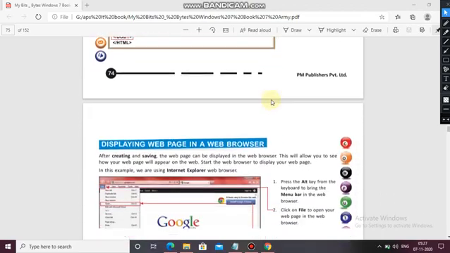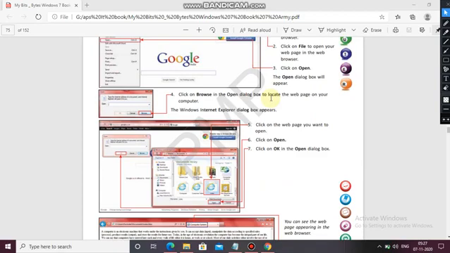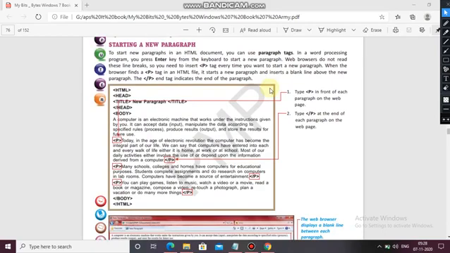Now next, displaying the web page in a browser. After saving your work with .htm, you can see it in a browser easily. Paragraph: for a paragraph you can use a p tag in the text editor.